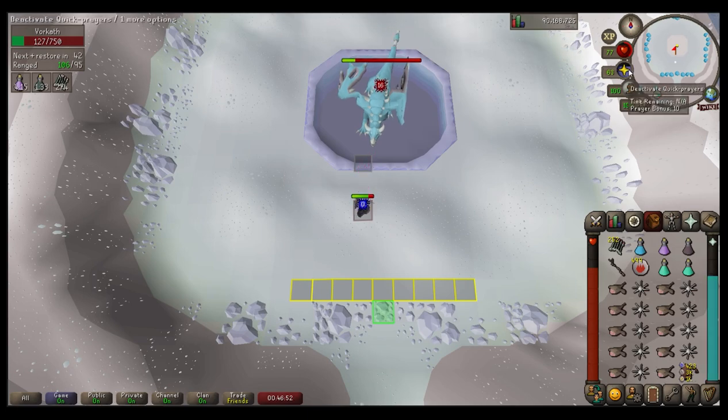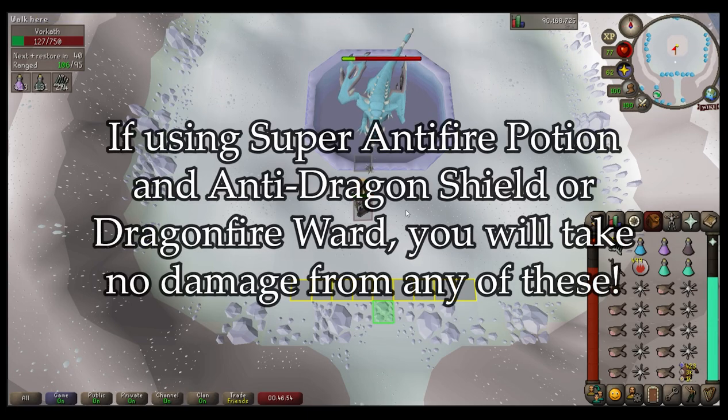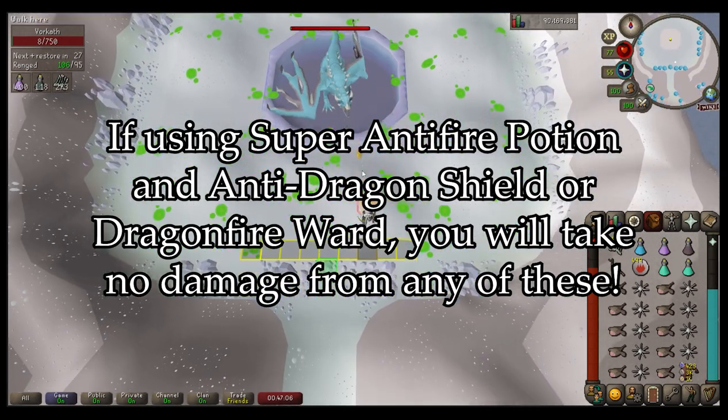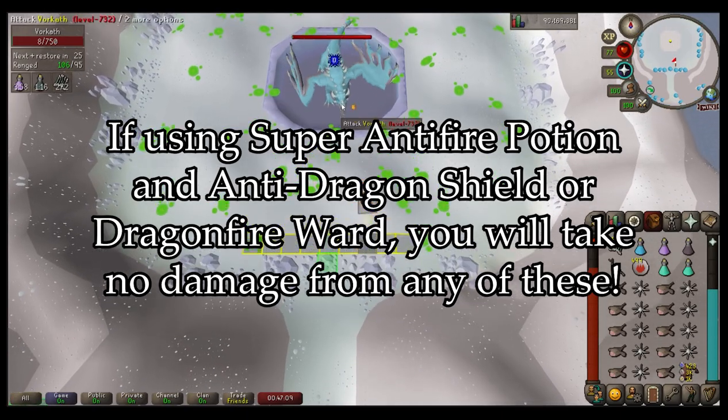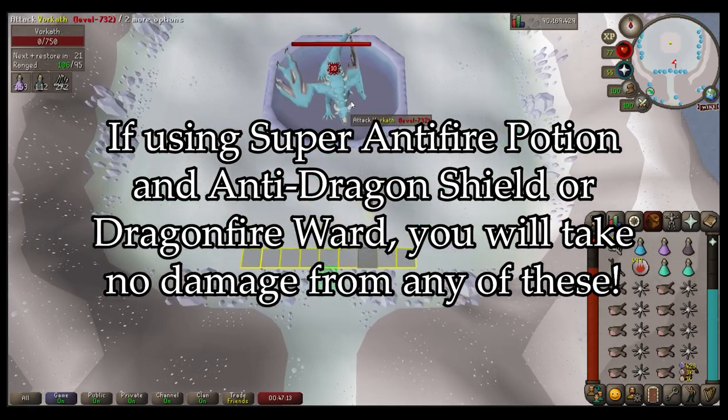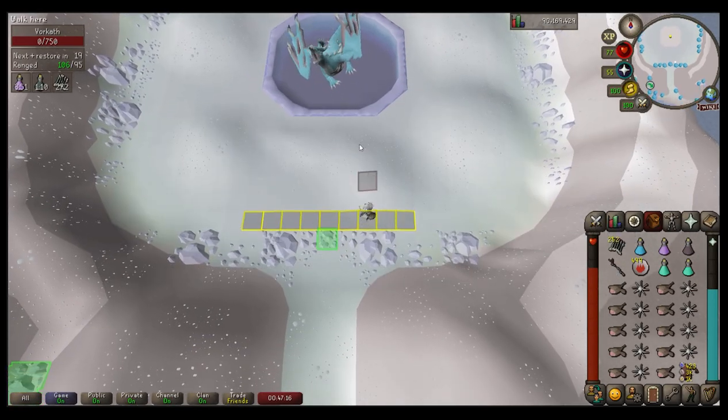To counter each of these, for the regular one, just make sure that you have your super anti-fire potion sipped and you're wearing an anti-dragon shield or dragonfire ward. Wham bam, you take 0 damage from that bad boy. For the venomous attack, just make sure that you have an anti-venom plus sipped. I like to wait until he actually uses that attack to sip mine, but if you want to pre-sip it before the fight begins, that's all you, man. Just remember it only lasts 3 minutes, so if your kills take longer than that, you might need to sip